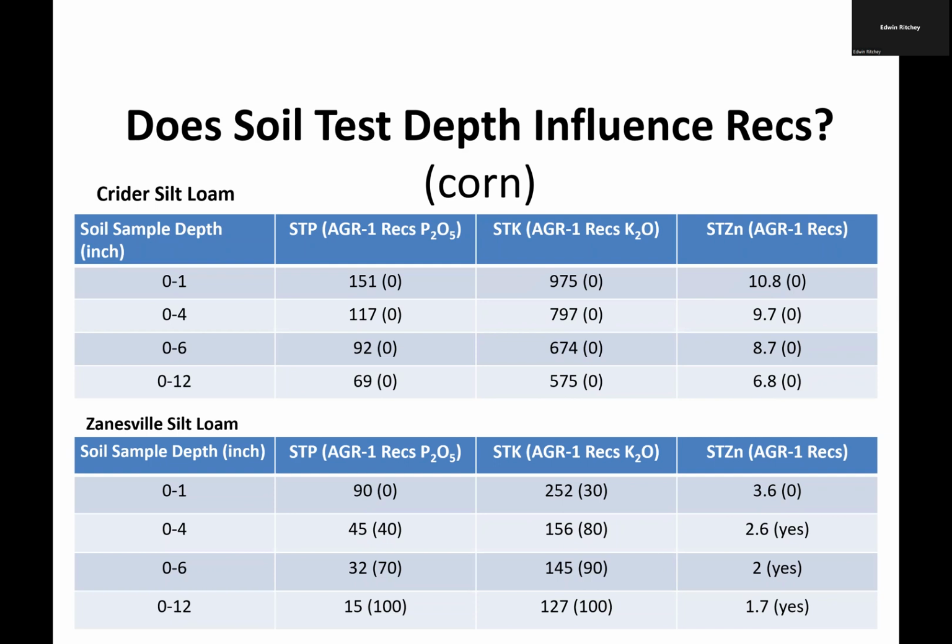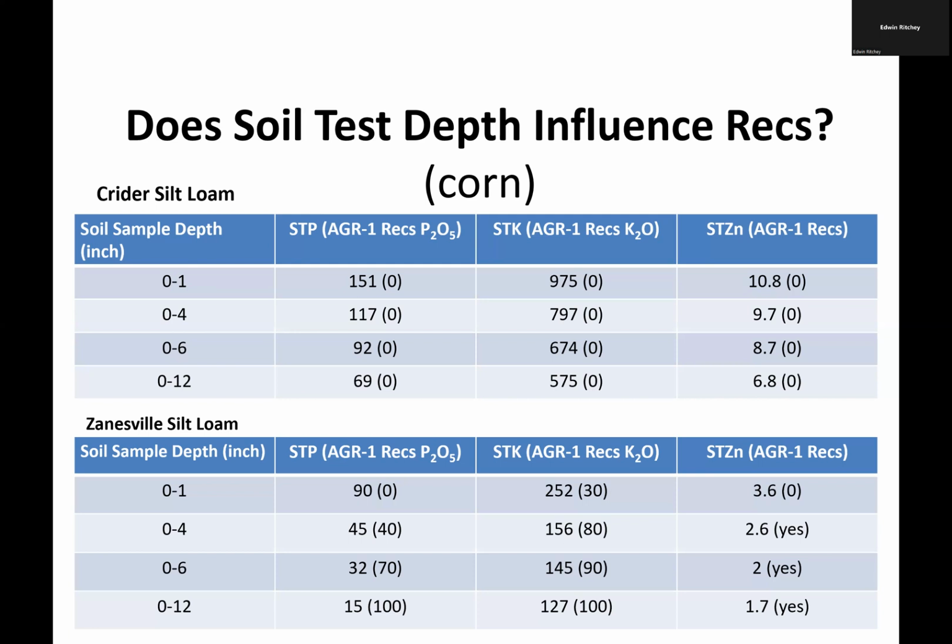And if we just look at the soil test P, that second column on the bottom table, at 1 inch, my soil test P is 90. Well, that's higher than we need. That's higher than where we'd recommend an application. If we go to 4 inches now, it drops down to 45, then we would recommend 40 pounds of P2O5